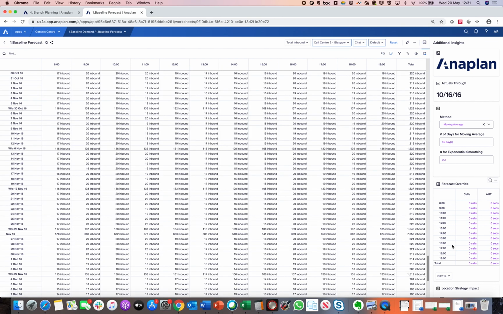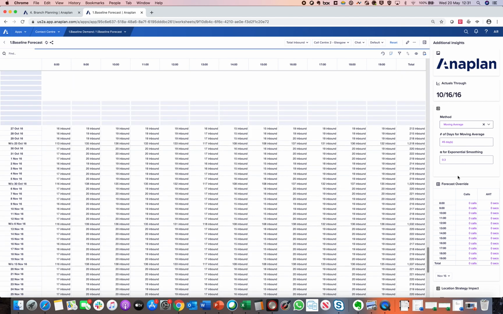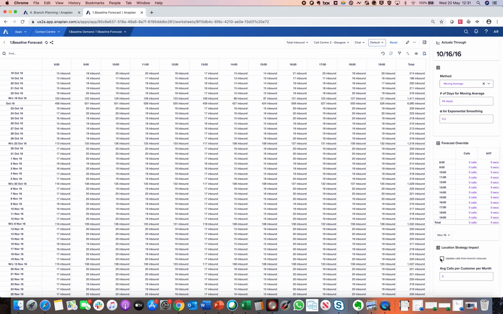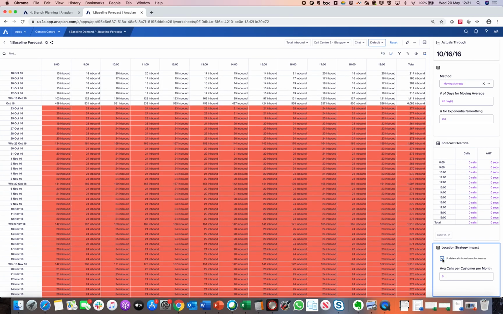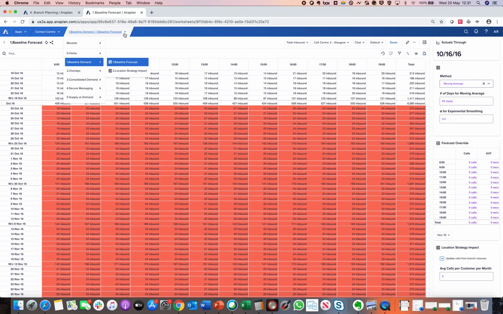And if I scroll right down to the bottom here to October, November, what we've got here is the ability to overlay now those calls that we've pulled in from the branch closures and sit those on top of our existing call volumes. And simply by activating that checkbox, it's going to adjust my baseline volumes and allow me to look at that demand. And this model then takes you through the whole supply-demand planning piece around contact centre,